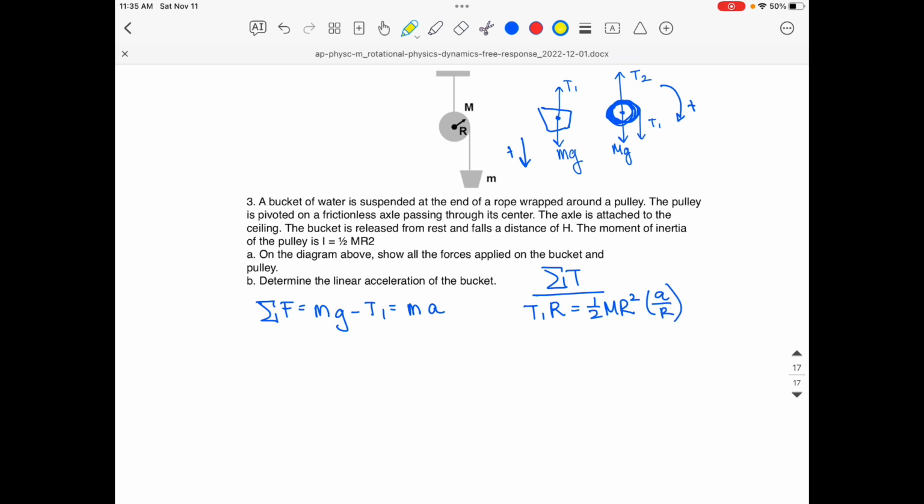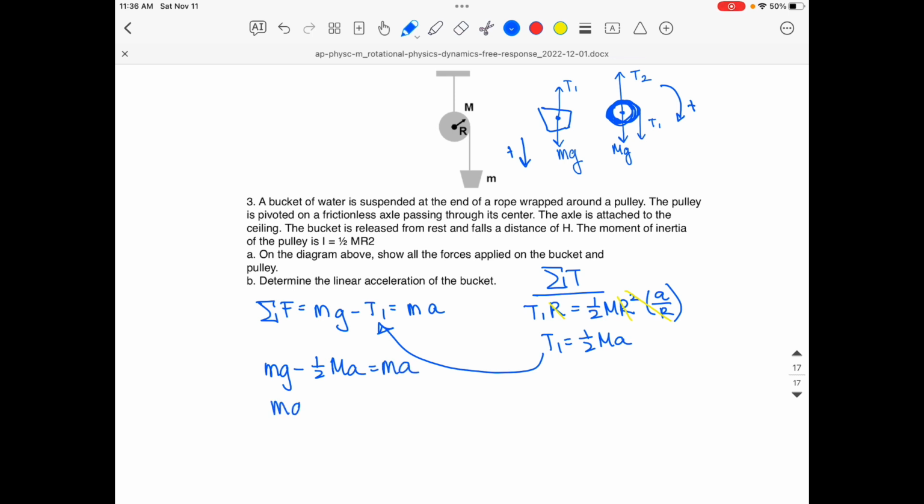From there, I always like to reduce things, and I end up with T1 is equal to 1/2 big M a. I can plug T1 into here, and I get mg minus 1/2 big Ma is equal to little ma,